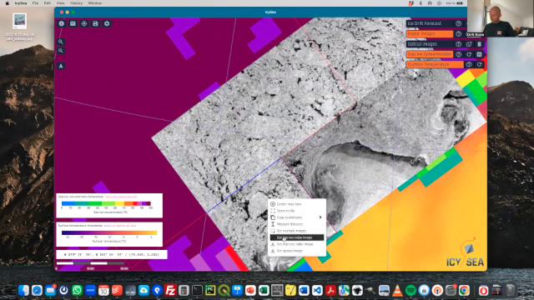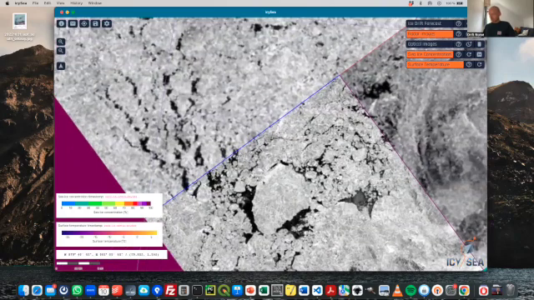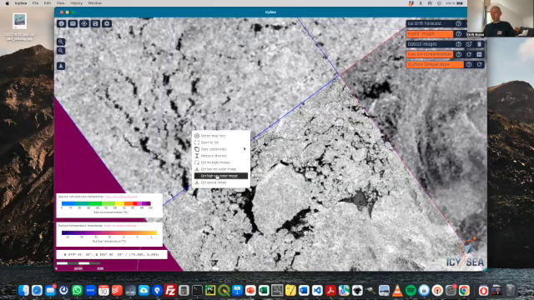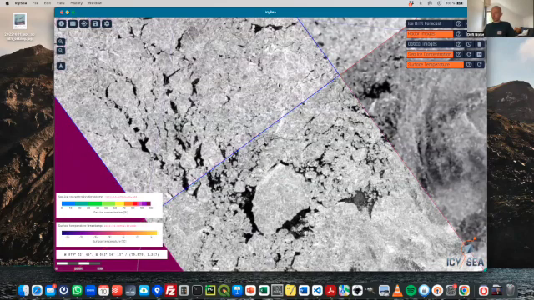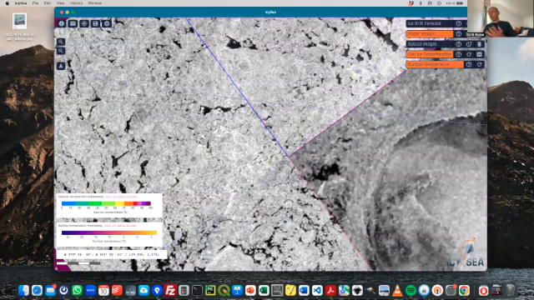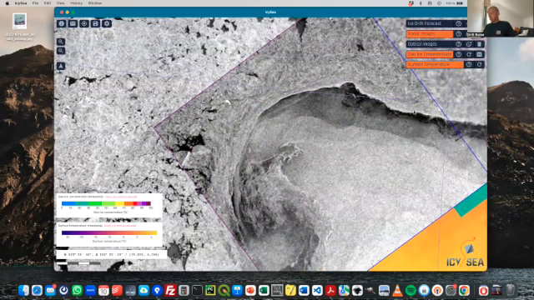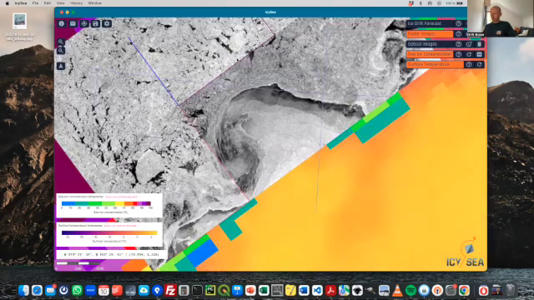However, sometimes you want to go into even higher resolution. I'm going to show you how that changes. So this is much higher resolution. You can really see individual ice floes. There's smaller ones here, and then the dark patches in between, open water. So this really gives you a more detailed view of the specific area that you're interested in. You really see the clear ice edge in this region, for example.